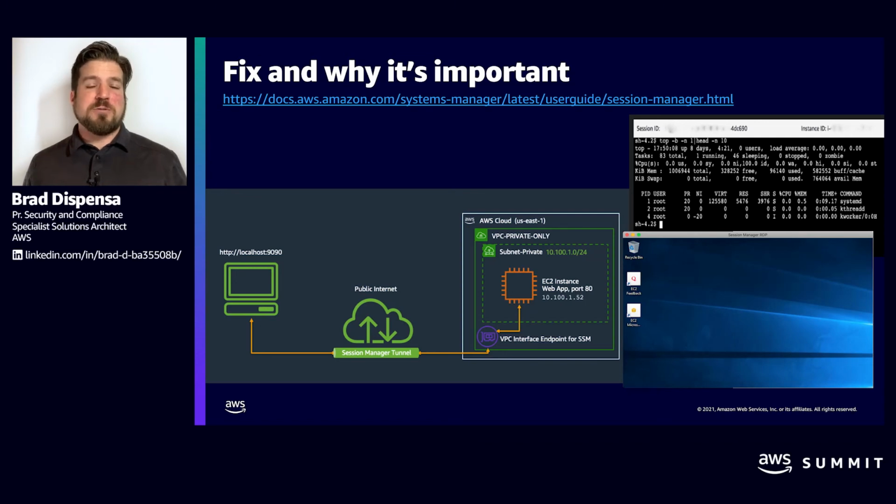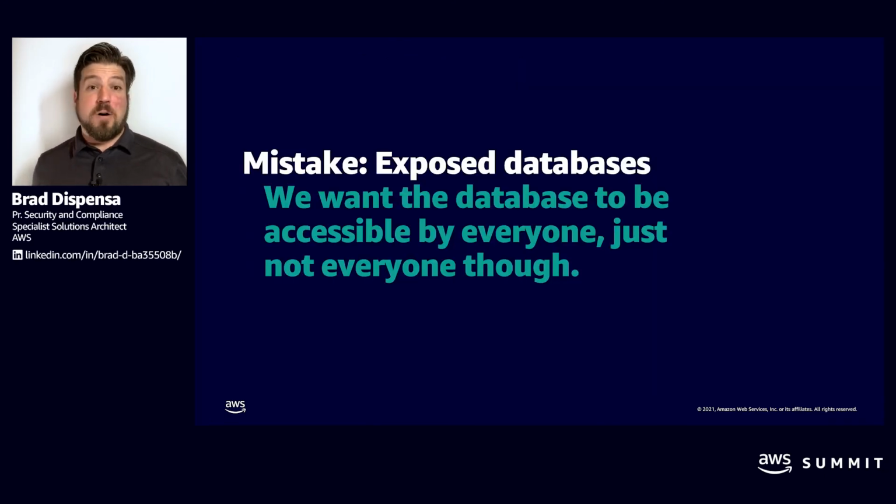So no more audit reports for port 22 or other sensitive ports being exposed to the internet. Now you can use Sessions Manager, which requires no active port to be exposed in the security group. And for customers that are using remote desktop and want that interactive shell environment, you can also configure tunneling in Sessions Manager to allow you to forward that RDP session through the Sessions Manager tunnel. Again, huge win from a security perspective. You no longer have to have those sensitive listeners open to the public internet at all.